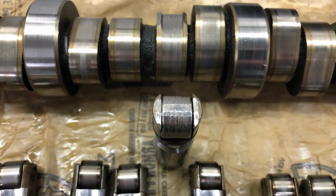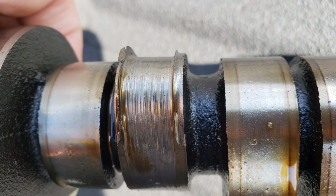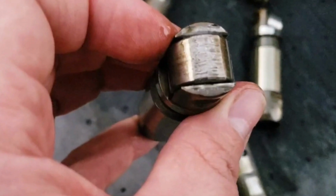lifters going bad. Hemi lifters need proper lubrication to last long, but unfortunately at low RPMs the lubrication is not perfect. So unless the engine is driven actively, it will suffer from this common problem sooner or later. Now, the most important thing is to spot the symptoms of Hemi lifters failure before the engine is damaged further. So this short video is focused on the symptoms that you should keep an eye on if you own a